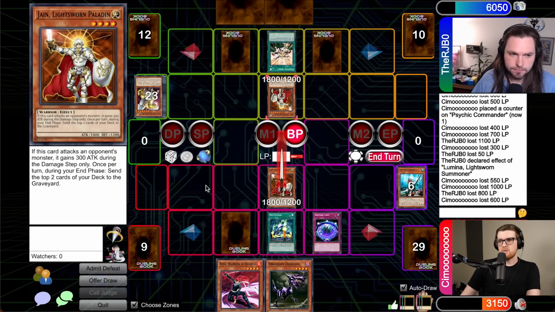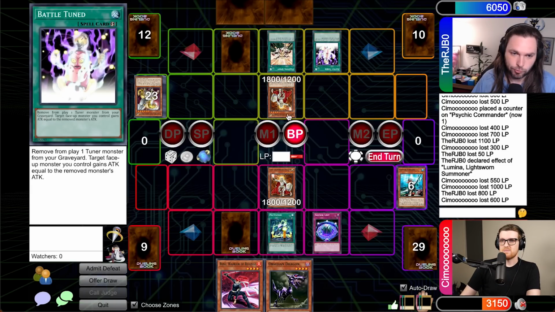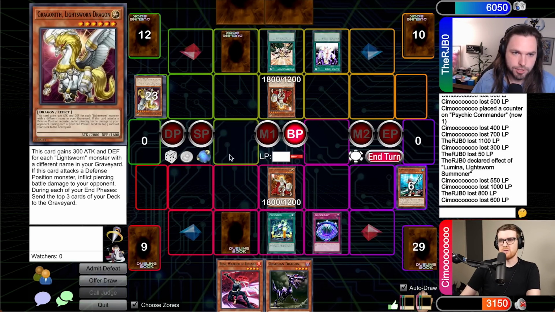I will normal summon a Jane of my own. Interesting. Okay. Attempt to crash. Proceed to damage step. Yeah, you got the Prideful Roar. I actually have the Battle Tuned. Oh, okay. Well, that's equally as bad for me. I will use to banish...